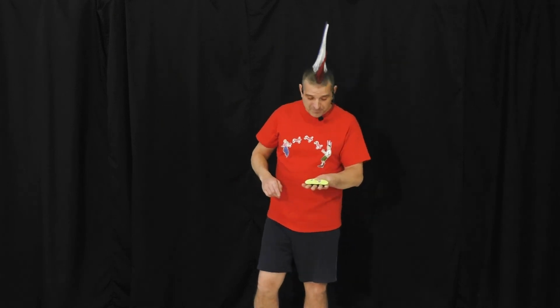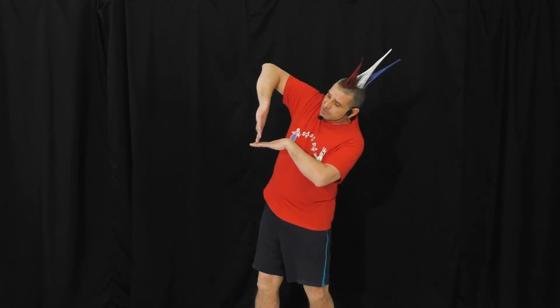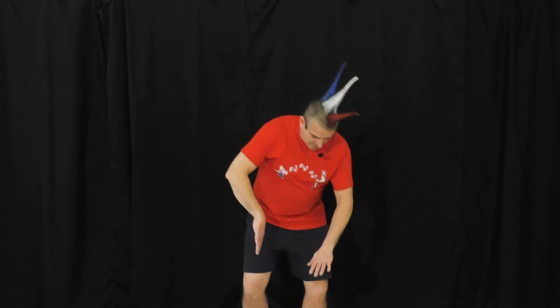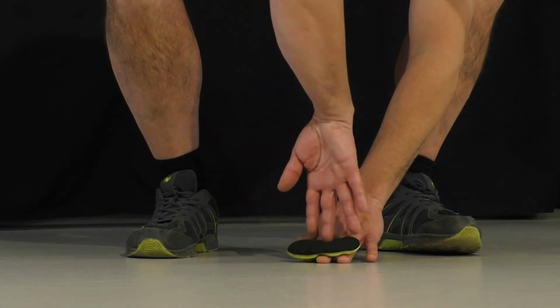Always remember that. Okay, we drop again on 3. 1, 2, 3, drop. Smile. It's becoming natural, right? So now we're going to pick it up with what we call the broom. It's like a broom and a dustpan that's going to pick it up. First, you place your hand in front of the HandSack, and with your fingers, you roll it on top of